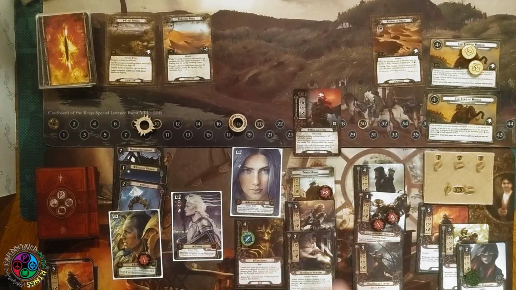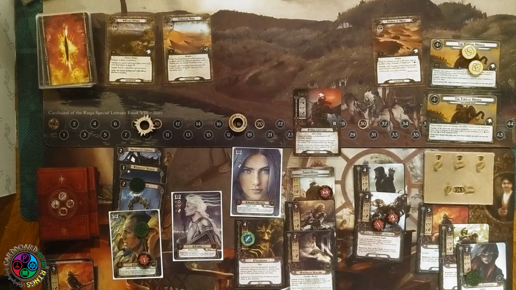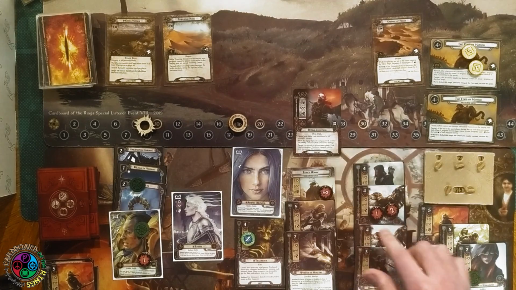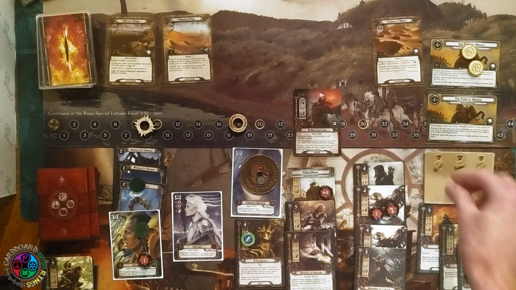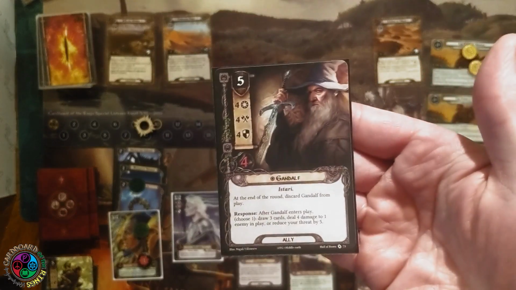I will trigger Elrond and Vilya. I know the Eagles of the Misty Mountain are the target, so I have another Eagles in play. Then I'm going to discard Furial, and I will discard her to Arwen's ability to give Elrond a resource. And then I think what I am going to do is spend all 5 of my resources to put in